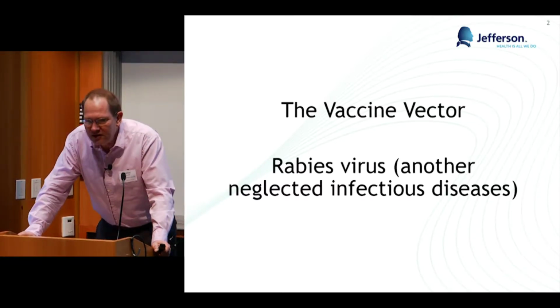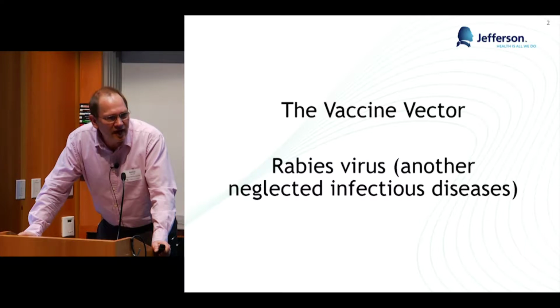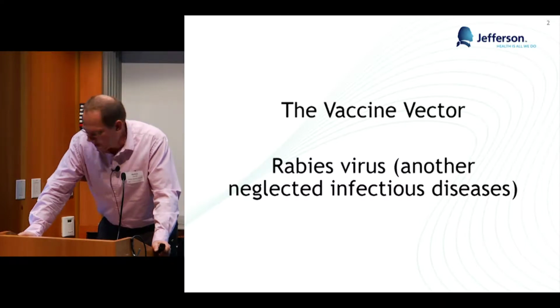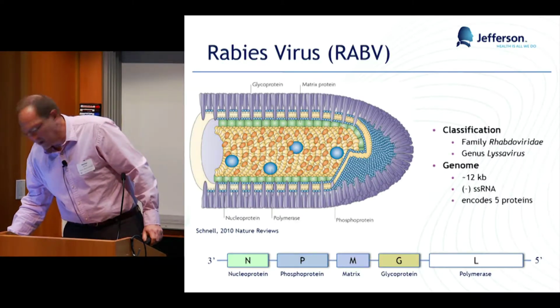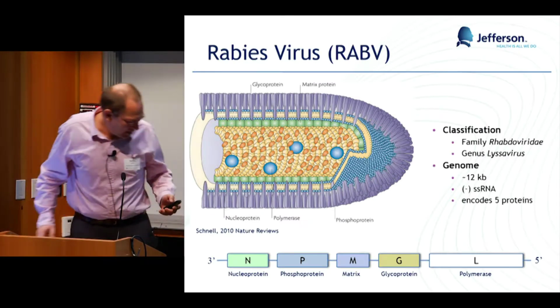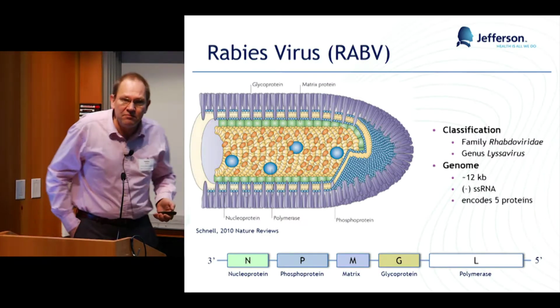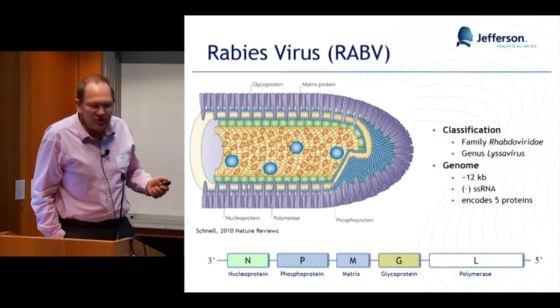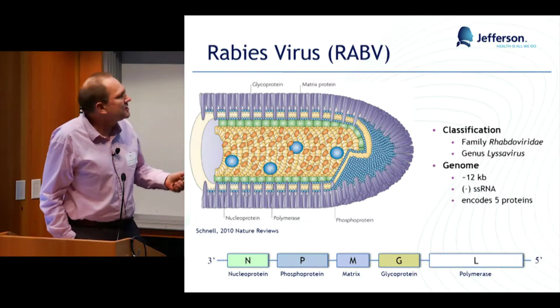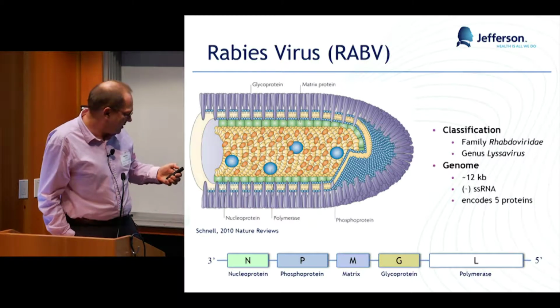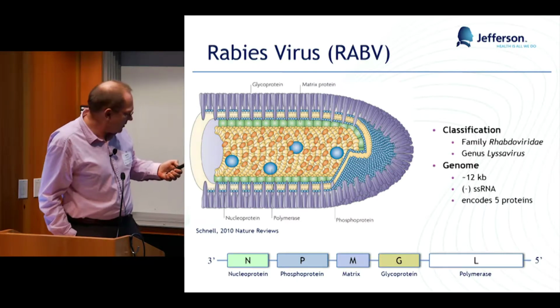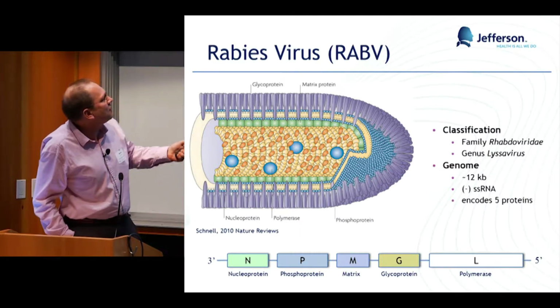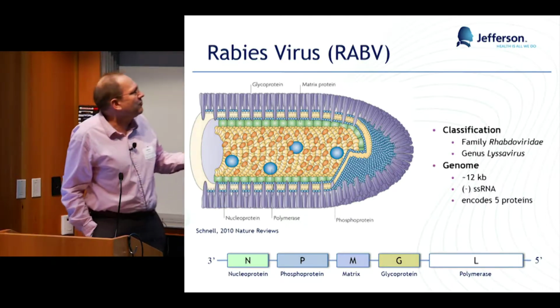It's a well-known disease to mankind, but it's a huge problem worldwide. And what is probably not well known: this is also a very simple virus. It's a negative stranded RNA virus, and they are all very similarly organized. They have a host cell-derived membrane, so they are all enveloped viruses.